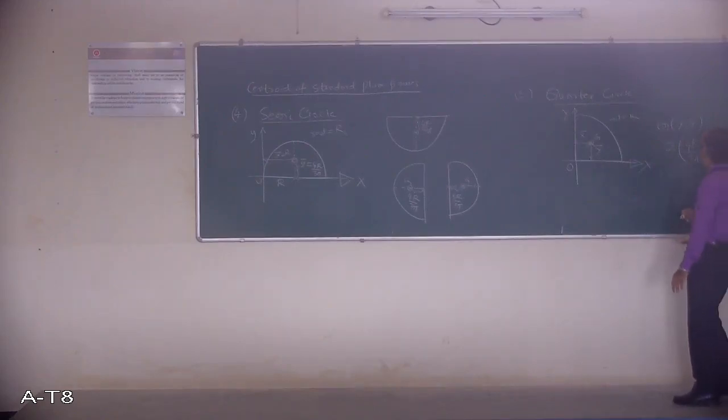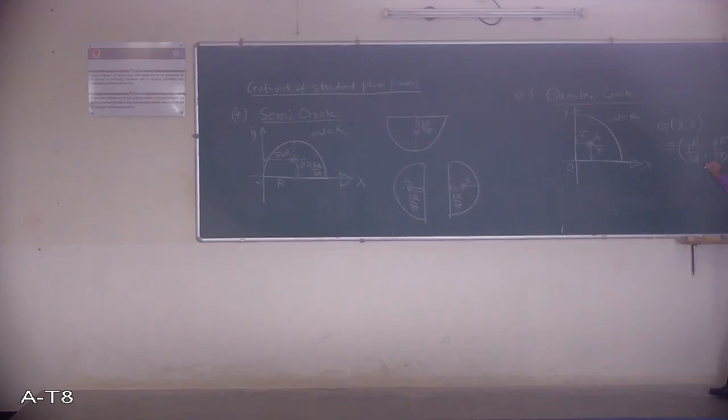Four r upon 3 pi, y bar also 4 r upon 3 pi. So now here I told you, this is the derived equation. So you must remember only these values. If you remember these values, then further equations, whatever we go to in the problems, will be more